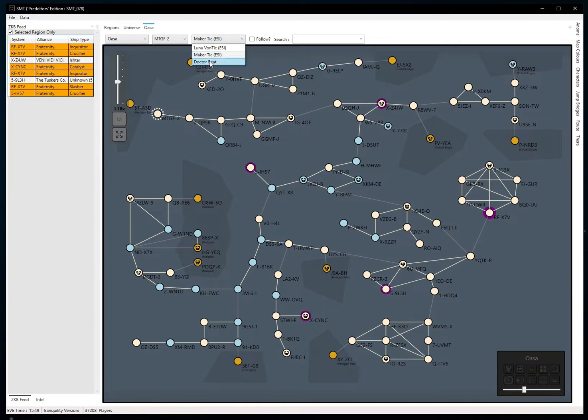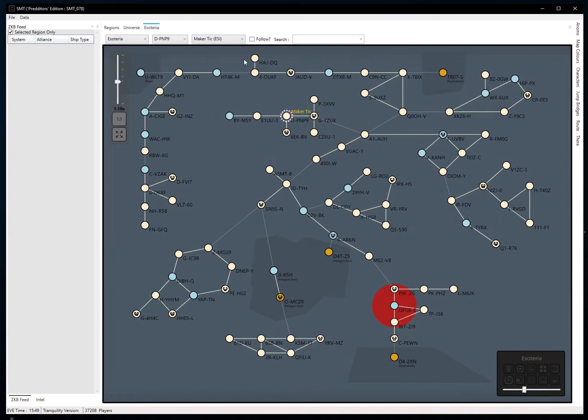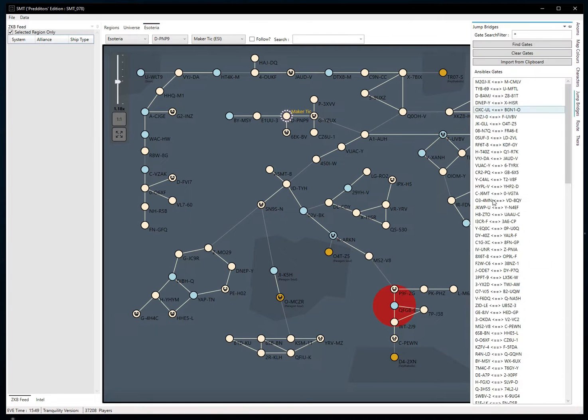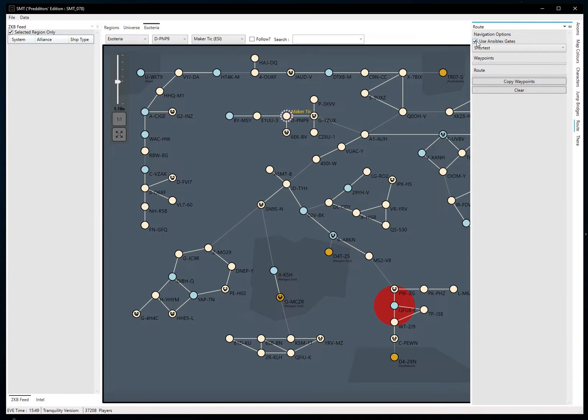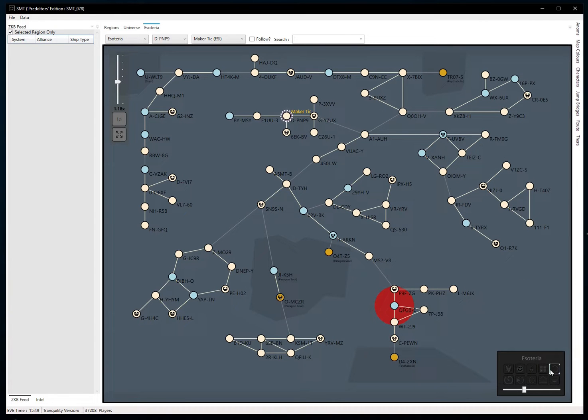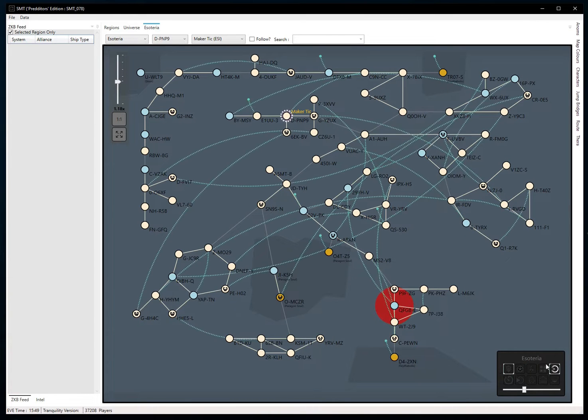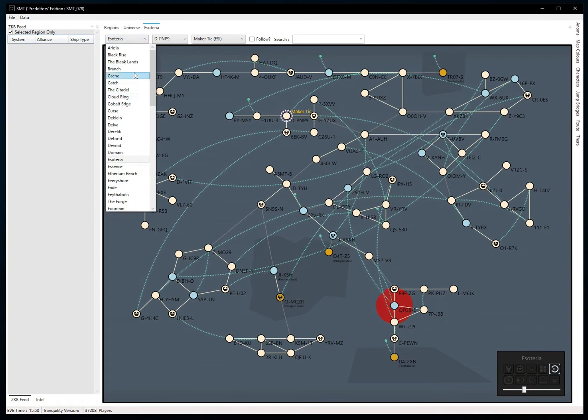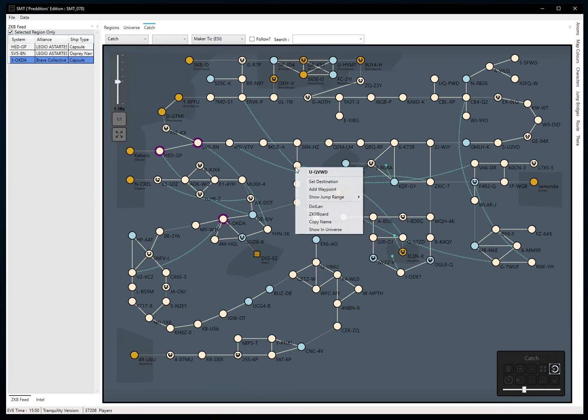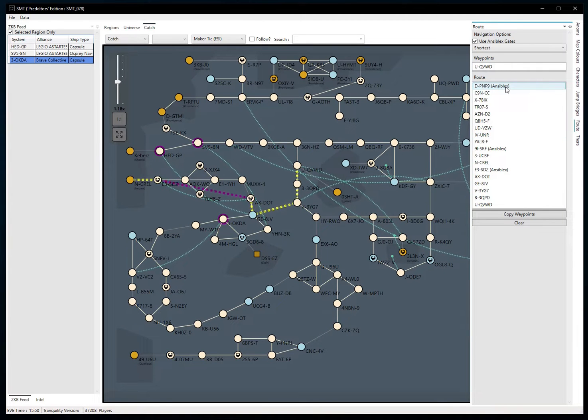And then lastly, we can cover the navigation. If we go to my guy here up in Esoteria, if I've selected the jump bridges and I enable in my route mapping to use the Ansiblex gates, it will start doing routing with the gates in mind. So I turn the gates on. For example, if I was going to travel down into Catch to one of our stagings down here, it will calculate the route, and if I look here, it's telling me to